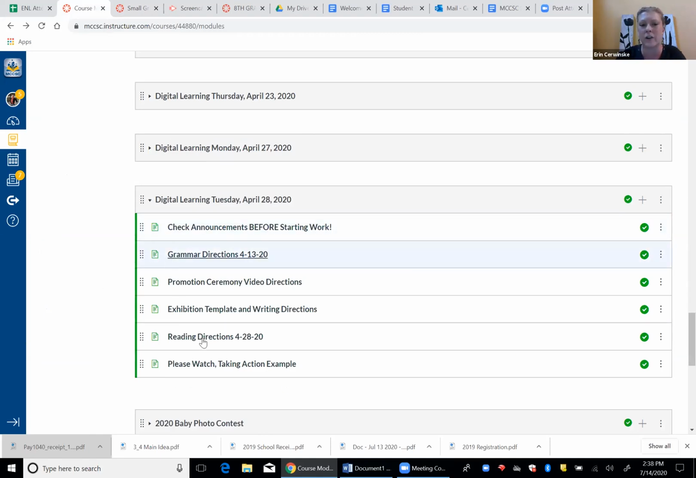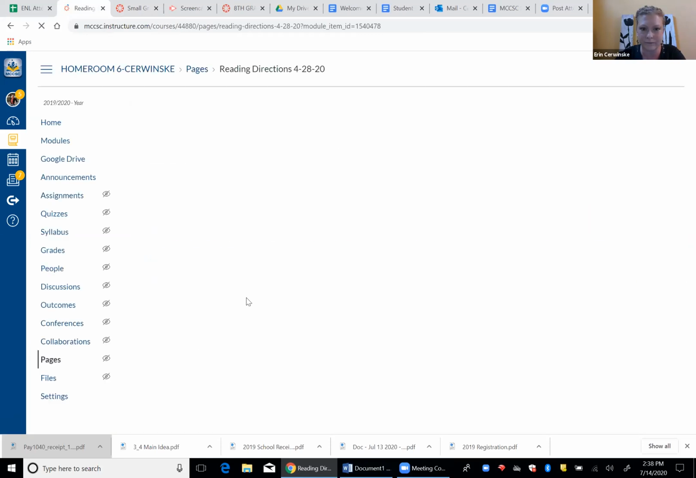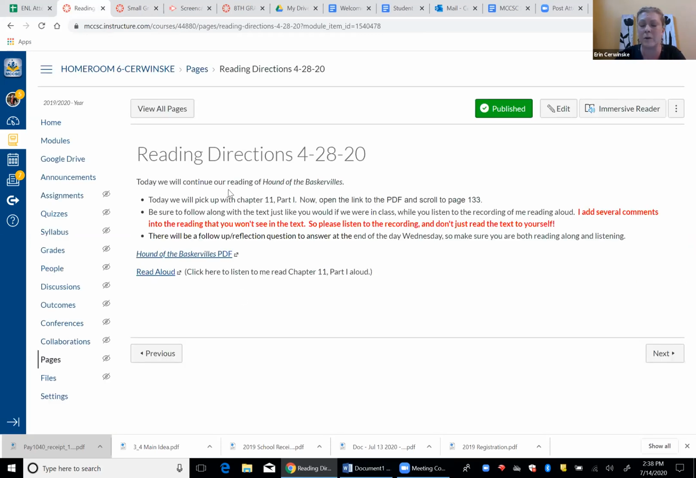So here's my reading directions for the day. And if the kids were to click on this, they can see here, today we'll continue reading Hound of the Baskervilles. This was the novel we had started in class, and we went on shutdown or remote learning. And so obviously none of my kids had this book with them. I also don't really want to send home all my books with kids every night in case there's a shutdown,